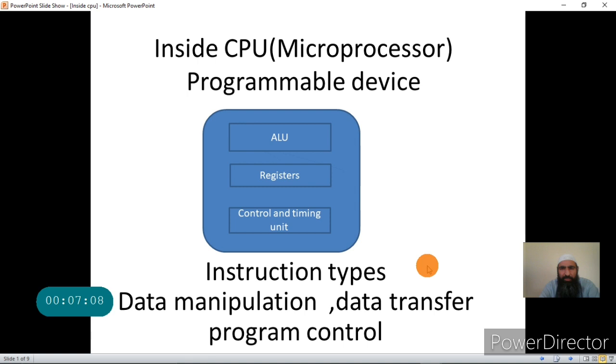And after executing that particular instruction, it goes for the next instruction. Because program is a set of instructions, and instructions are executed one by one, and once all the instructions are executed by the CPU, we say that program has been executed.